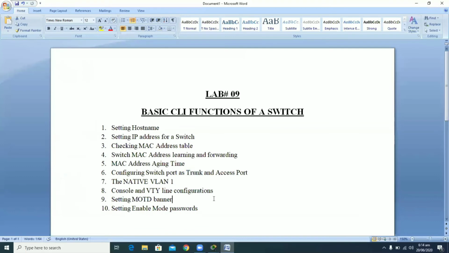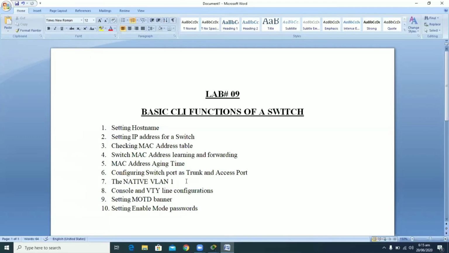Now moving to our next agenda, the native virtual LAN number 1. As I told you earlier, by default on a switch, virtual LAN number 1 is already created, and you cannot delete this virtual LAN and you cannot create this virtual LAN. So by default, all the ports of a switch are in virtual LAN number 1.